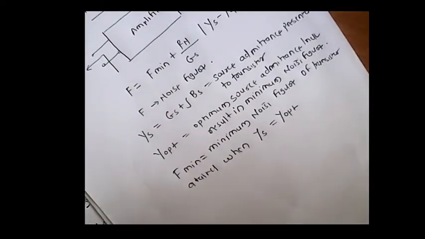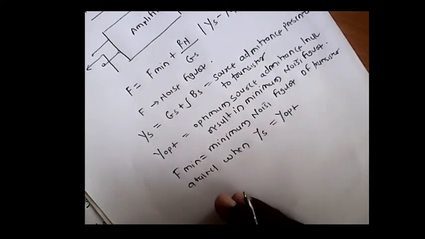So F minimum is the minimum noise figure which is obtained at Y of S equal to Y optimum, where R